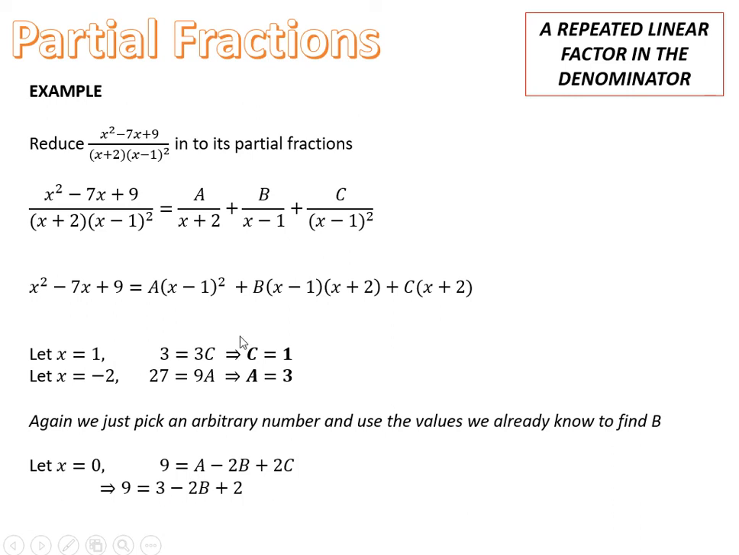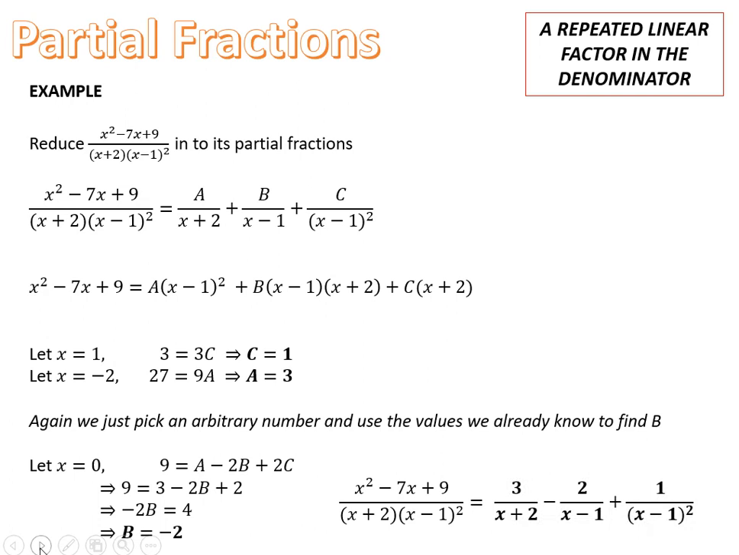9 equals 3, that's our a, minus 2b, still don't know that, but c is 1, so I'm going to have 2 on the end, and however way you choose to get to the final answer, it's just a case of solving an equation. Either way, b equals minus 2. Again, be careful, that's not our final answer. Our final answer is when we put it all together